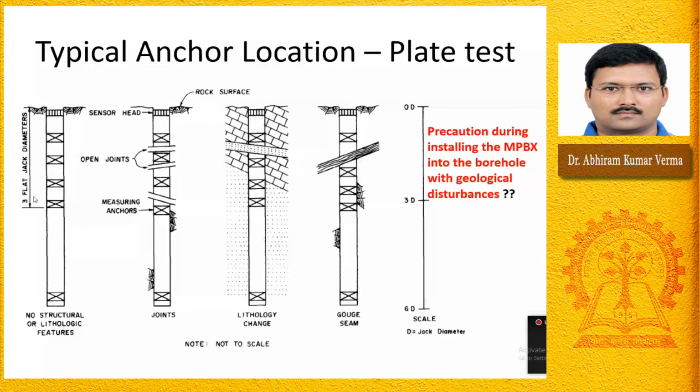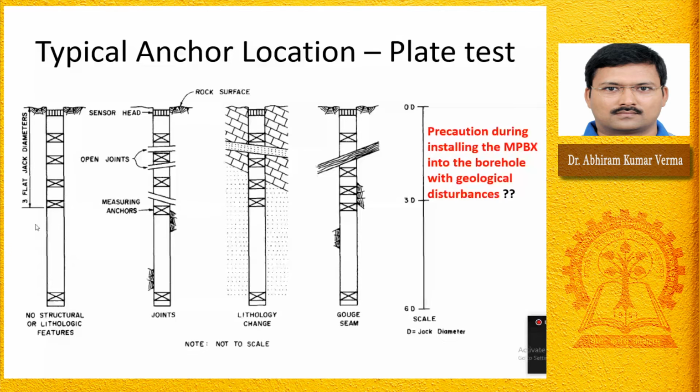So here you will see 3 times the flat jack diameter. If you are using a flat jack of 1 meter square area, it will be 3 times the diameter, meaning 3 meters away from this we are installing. So like that, one will be far off and others will be close, so that we can actually measure the deformation. Otherwise, the load will not propagate up to the far off points. So that's all. Okay.